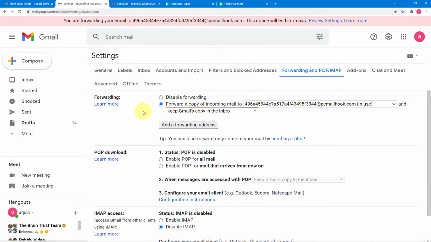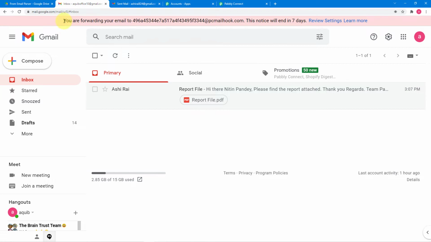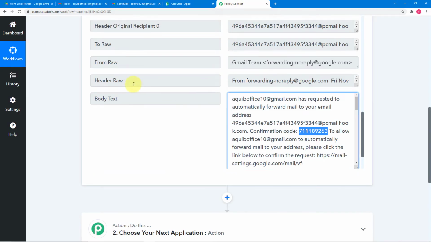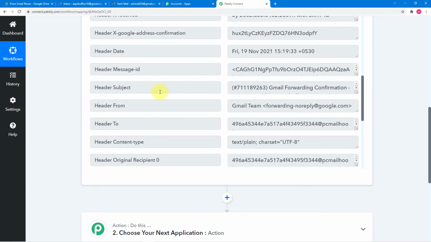Click on it and then save. Click on save changes here. Now it is showing you are forwarding your emails to this email ID. So whenever a new email is received here, the data of that email will be forwarded to this email ID, and it will be captured here like this. So this is an email we got from the Gmail team.